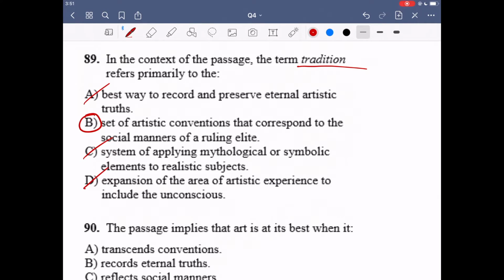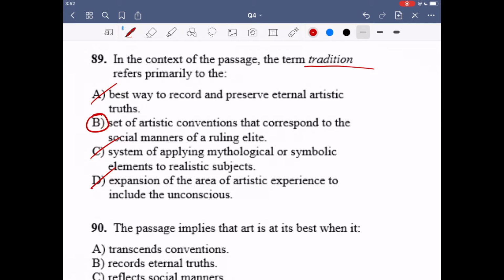The unconscious was mentioned at some point, but that was mentioned to say that that is another source where people can draw an experience. That's one area where they can go outside of the conventions of their training, but that's because that is their unconscious, right? That's an exception, but you don't really have to talk about that. It's just one exception, but it breaks the rule which the author is talking about, which is that training limits you. But B is what tradition was in this passage.